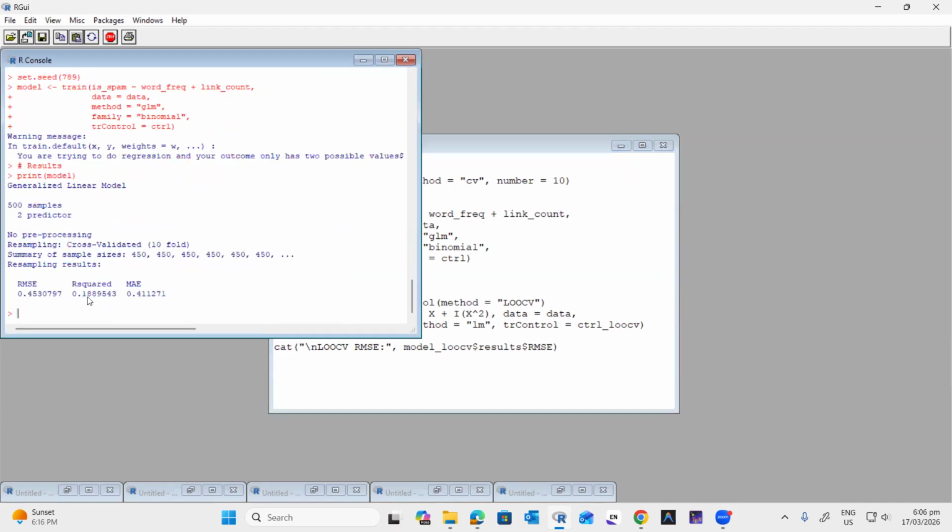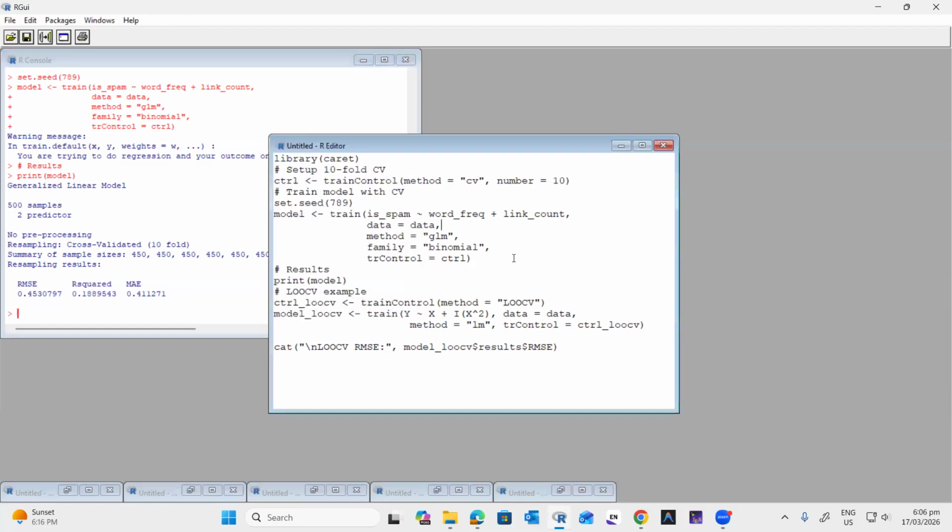Okay, so this is the RMSE, R squared, MAE. It is providing everything, and it is providing the summary of the sample. Okay, everything it is providing here. This is the model basically, and after that,